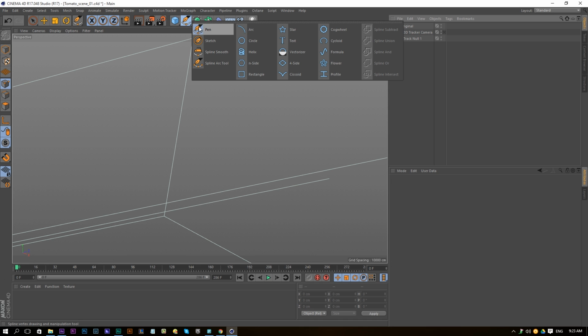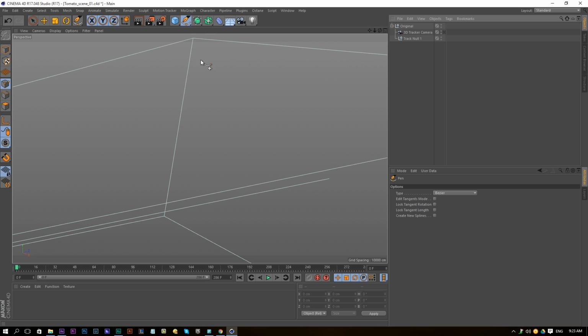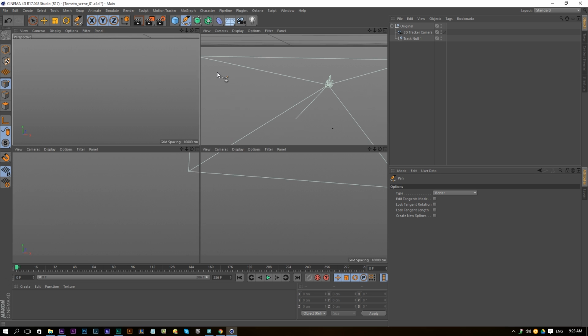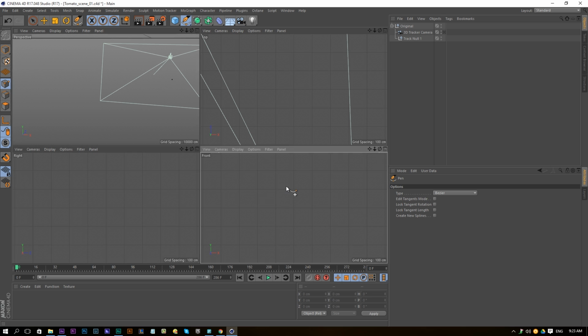And then we will go over here and choose the pen tool. If you don't see the pen tool, it's because you don't have R17 yet, and then you should use the spline, just one of these splines, whatever you feel comfortable with. The only thing is that we need a spline at the end, so you can follow along pretty easily as well. So let's go to the front view here